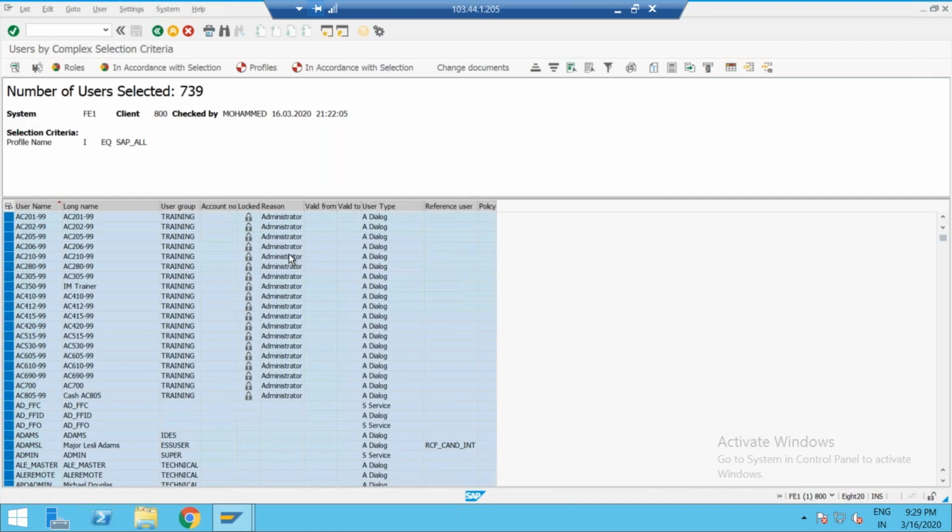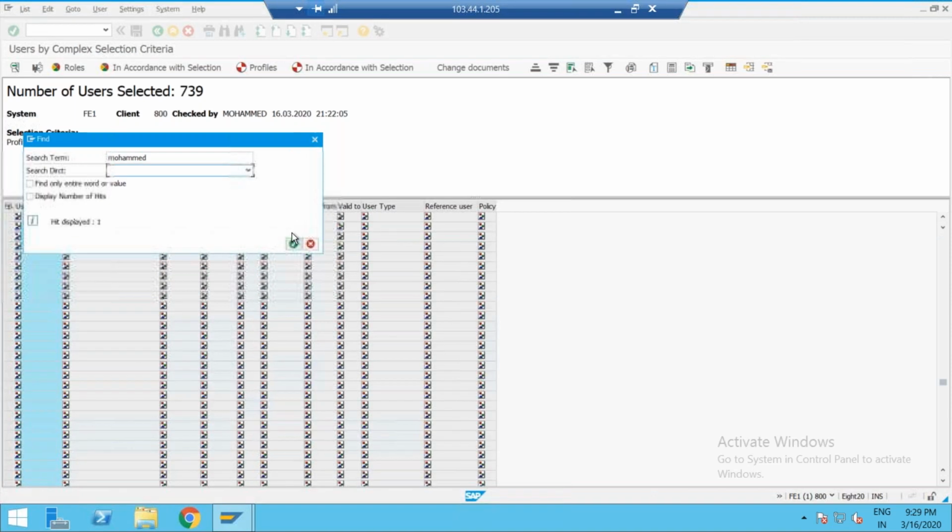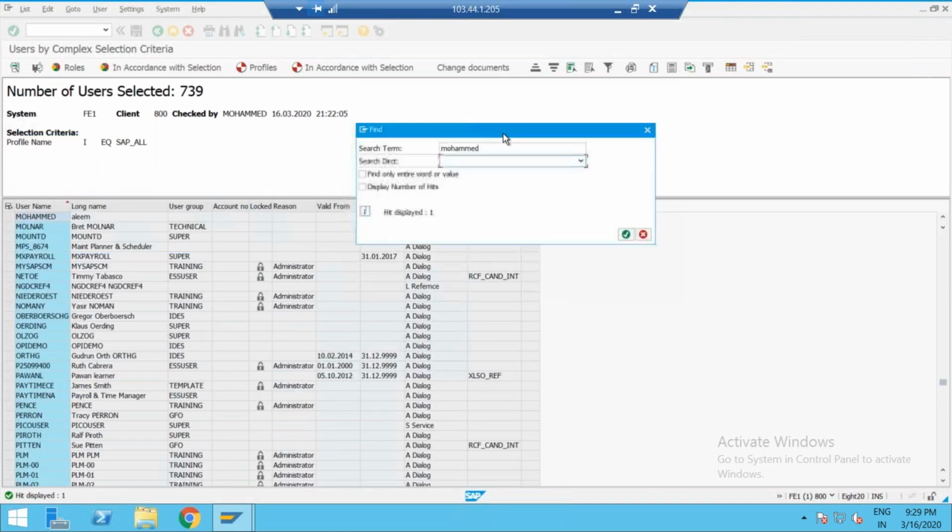Control F, yes, finding. Now it is getting, one hit is found. Your user ID is also there. So out of 739, you are the one guy having SAP underscore R.